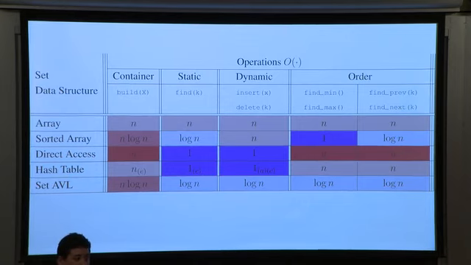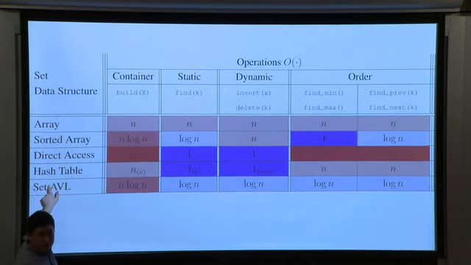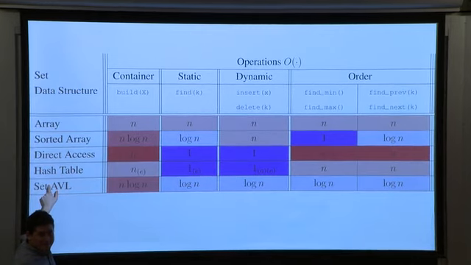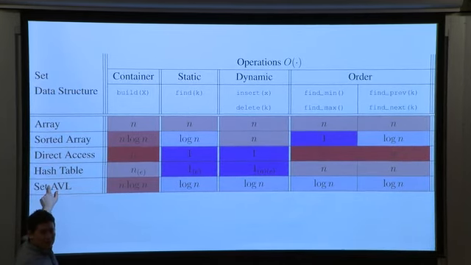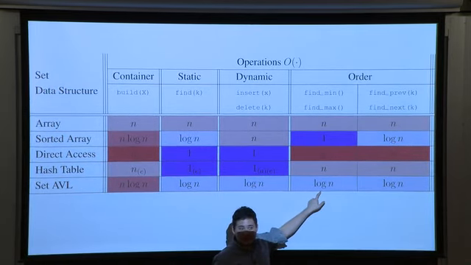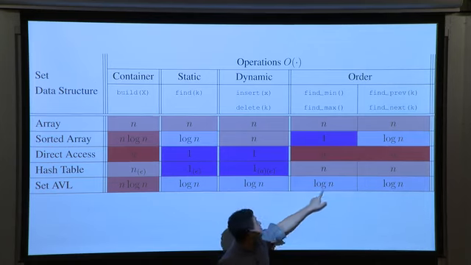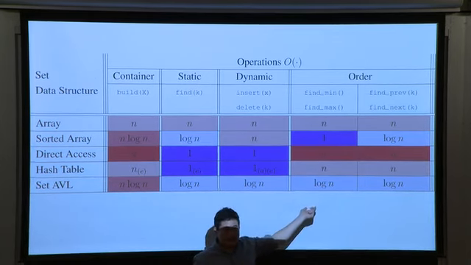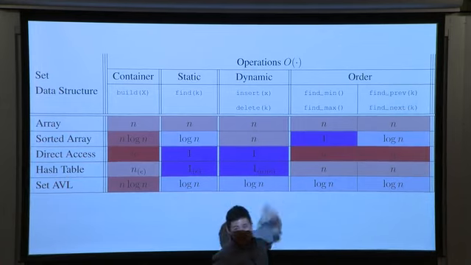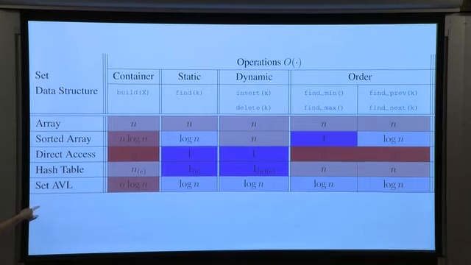But if I'm looking at a theory question, and I'm not asking you something specifically about a sorted array, if you have a choice between this data structure and this data structure, which one do you choose? Well, I don't quite know because it's almost like this one's better at everything except for this one. But can anyone tell me how to make this one constant time as well? Augmentation. I could just store in my subtrees the max or min, and I can make this one strictly better than this one. So in a theory problem, you probably just want to use this one.